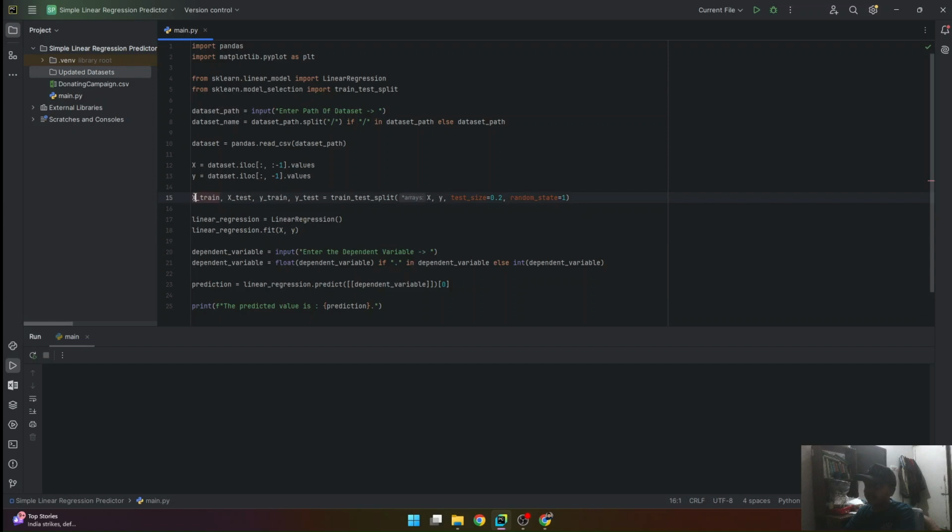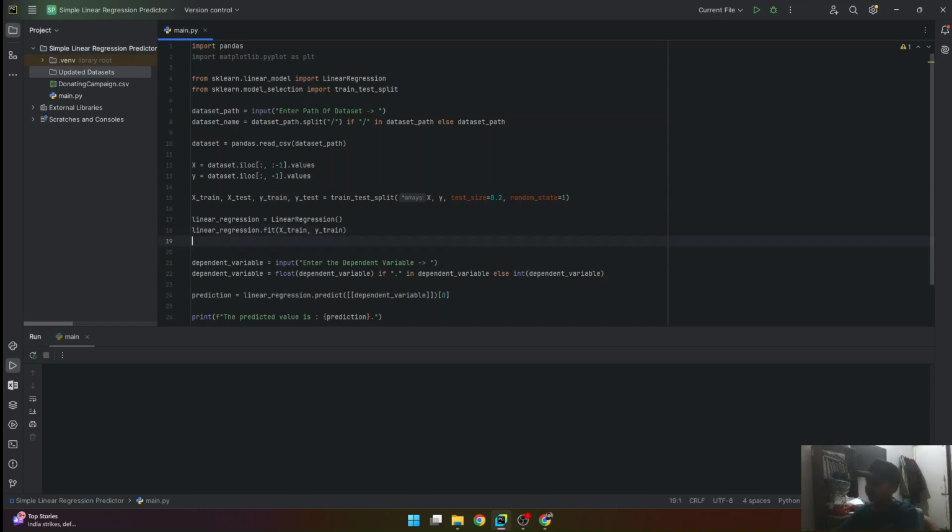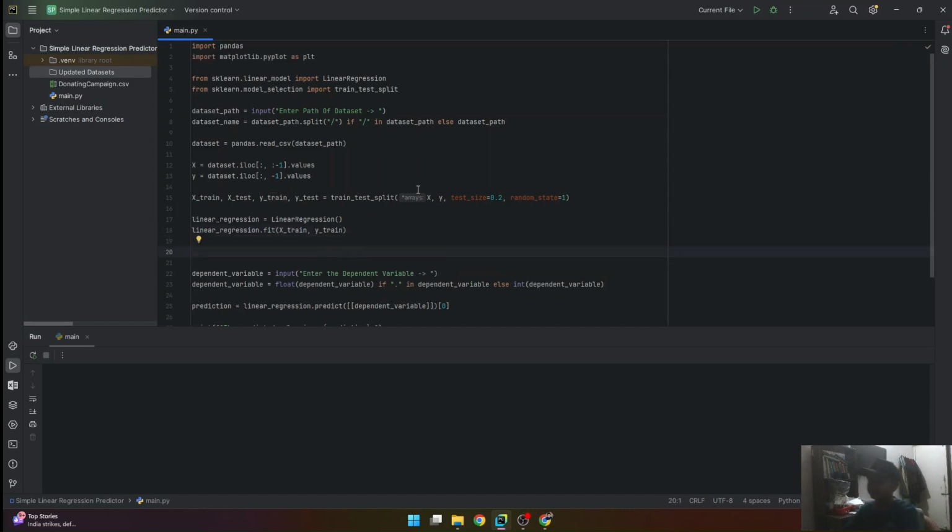Now that we divided the data set, we're going to provide only X_train and y_train for the training, or the fitting, of the linear regression model. Then, before plotting, we're going to predict the values.